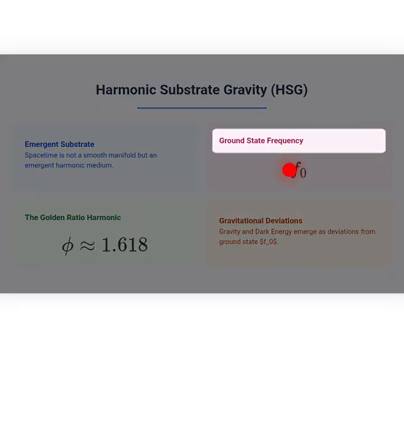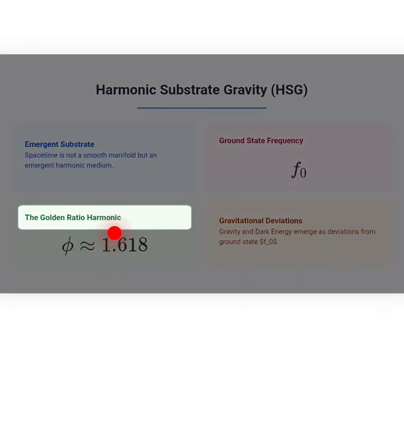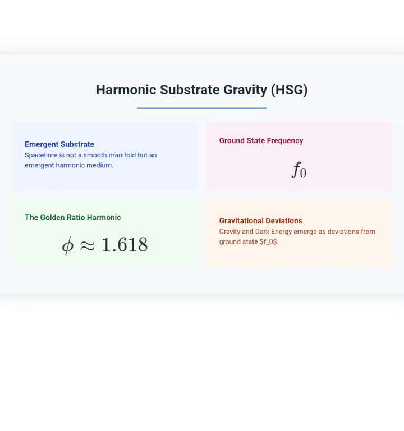This substrate has a heartbeat, the vacuum ground state frequency, which we label as F_0. This frequency represents the fundamental state of the universe when it's at rest, providing the baseline for all physical interactions. What's truly fascinating is that this harmony isn't random. It's governed by the golden ratio, phi. We find that this ratio, roughly 1.618, appears in the very geometry of gravitational resonance, acting as a universal constant